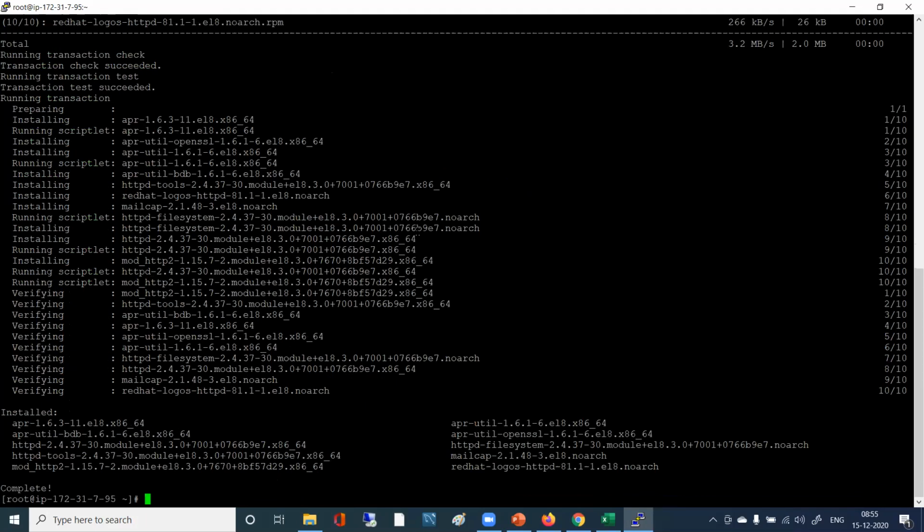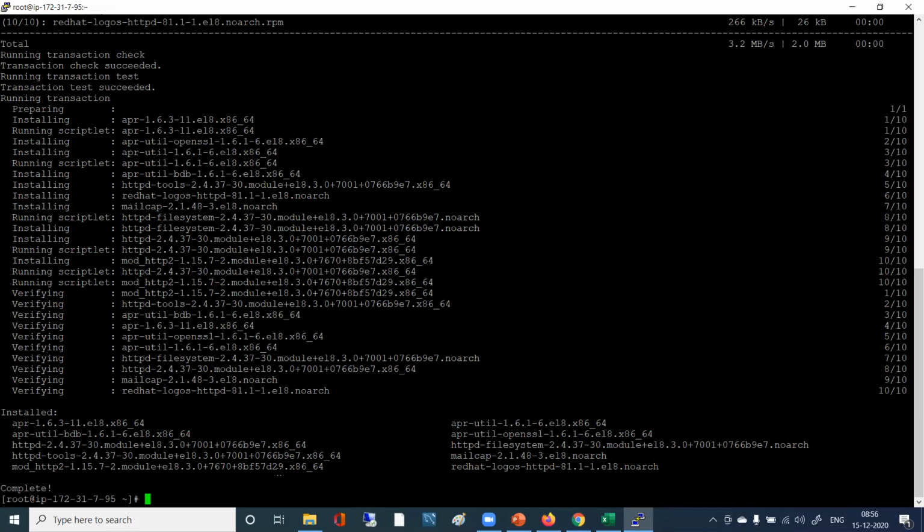Again installing some more. Okay. So now we are installing on the Linux machine. This is how we install any package in Linux. Using this yum on Red Hat, like this we install. This will not work on SUSE, this is for Red Hat. So using this yum, we have installed that Apache HTTP package.